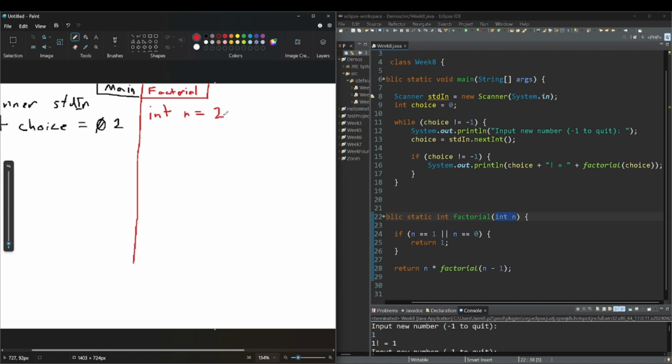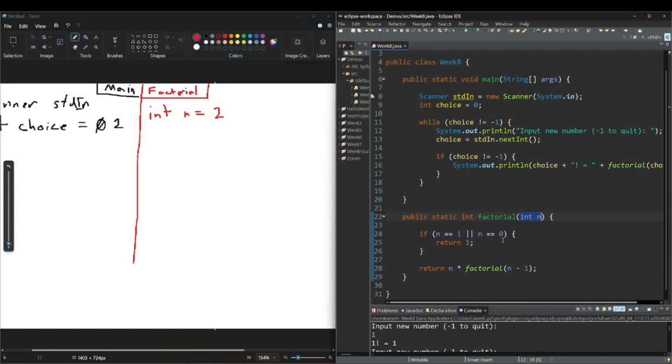And now this is where it gets a little tricky. So int n equals 2. We know that 2 does not equal 1 or 0, so it will not return 1. Okay, so now we look over here at return. I would say jot this down. You could say it returns, or just say return, do in your head, 2 times,